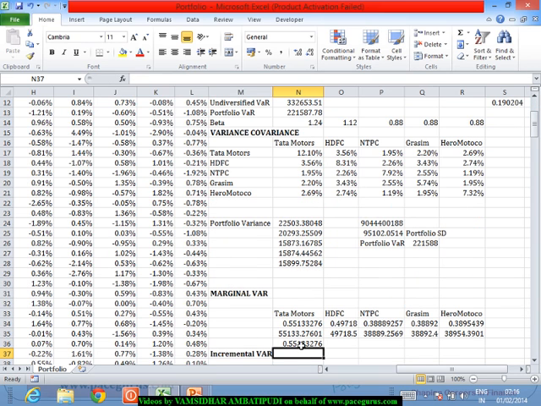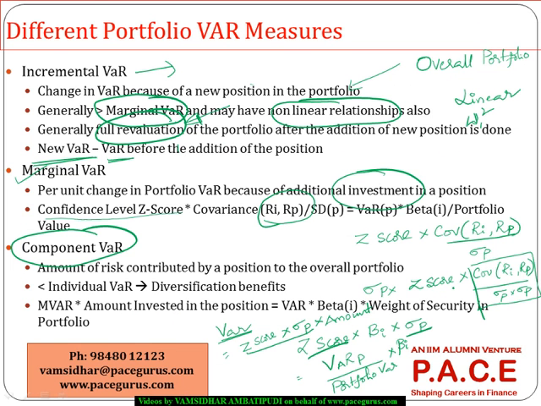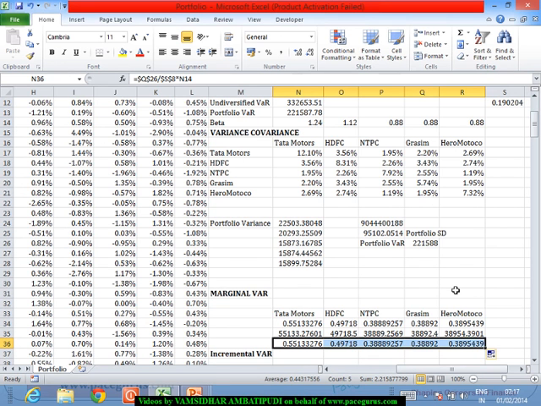So even in this case we get the marginal VaR to be this kind of a number itself. This is the computation of the marginal VaR, either from the covariance or given the beta. The same way we can think of the component VaR also. So these are some of the different calculations that are associated with the value at risk, especially with the portfolio,